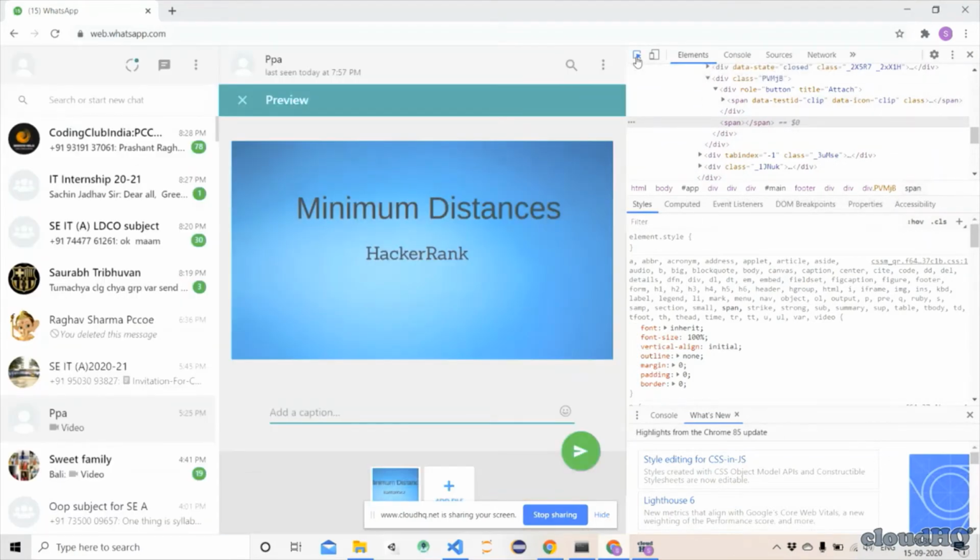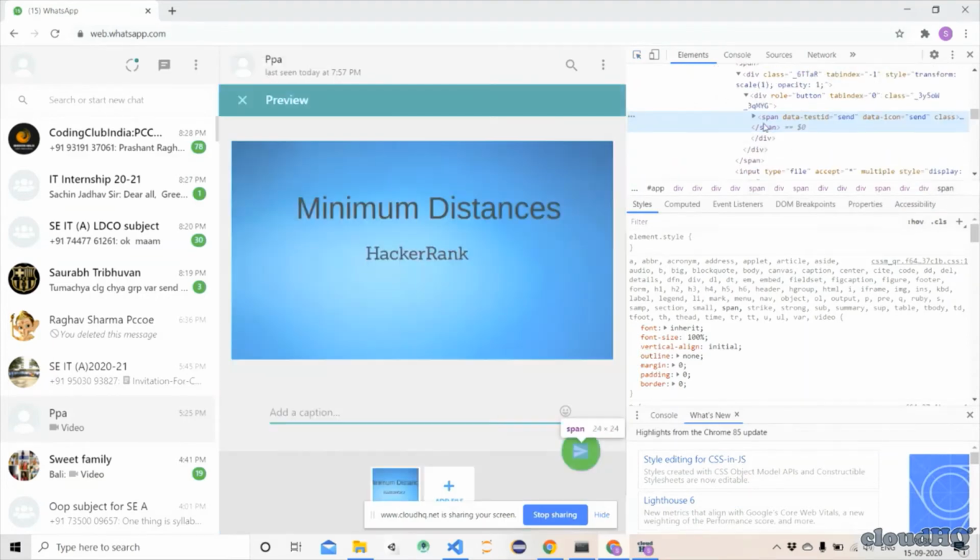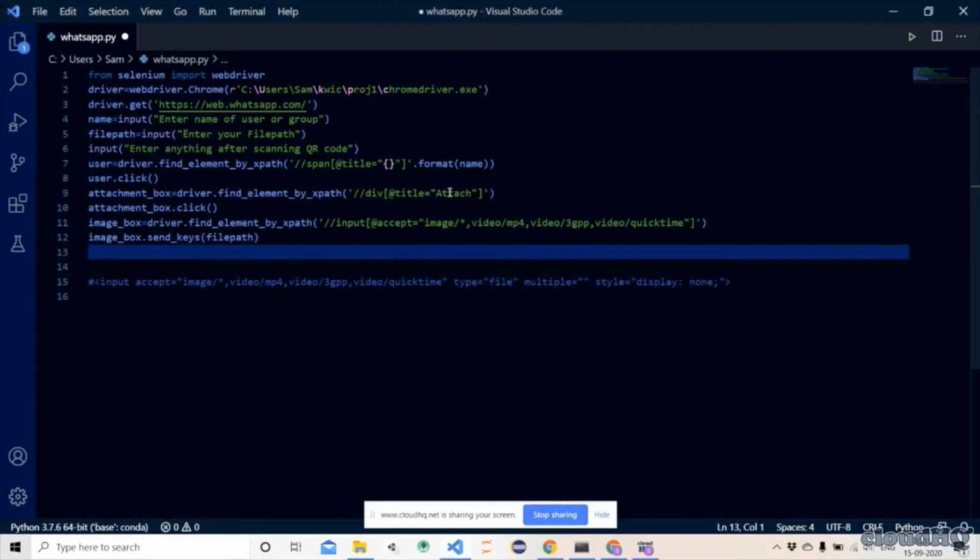So I want to get the path of this element, and you can see that it is a span element having data icon as send, right? So simply we would do the same thing again. I would name this button as send button.